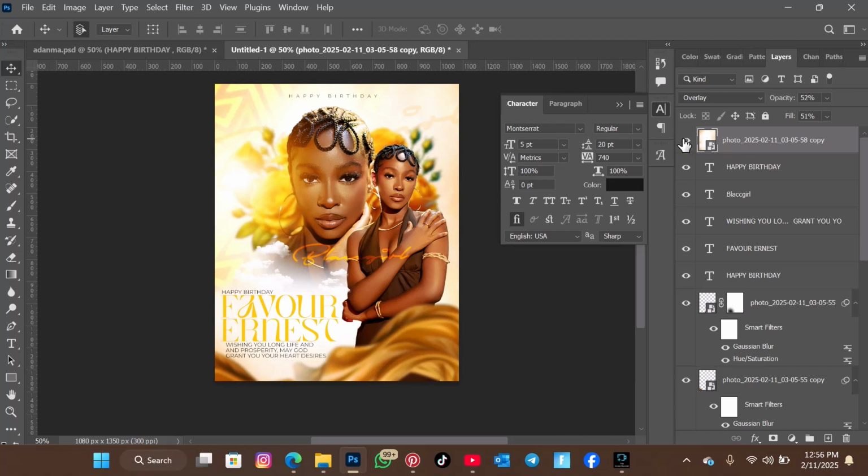So you can use this in all your designs to make your pictures blend with the background you use. So you can use this, and